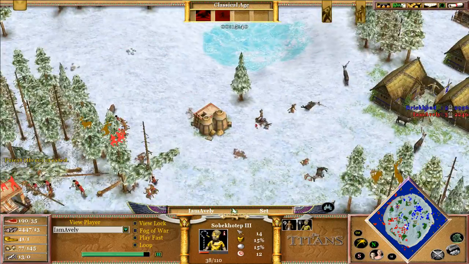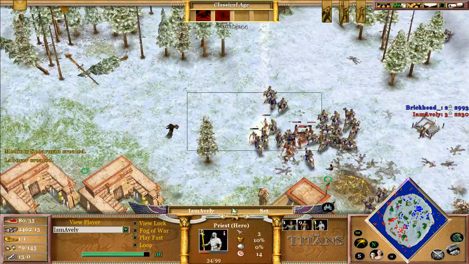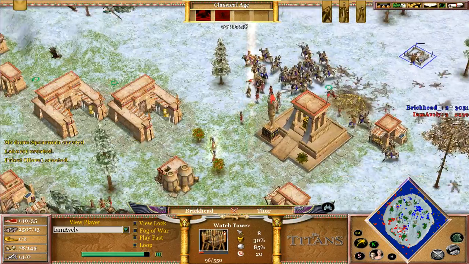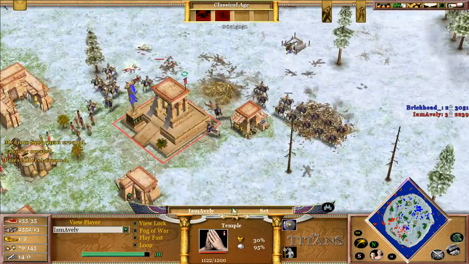I don't know. He's not sending these villagers forward either, so he's got like 35 villagers on gold, and Watchtower again going up for Brickhead. He really wants to win this game right now. So this is one of the biggest things, it's